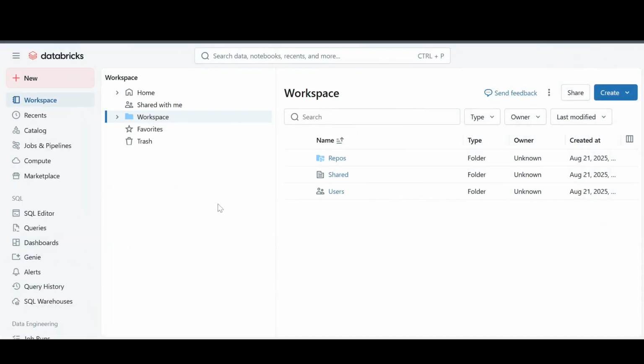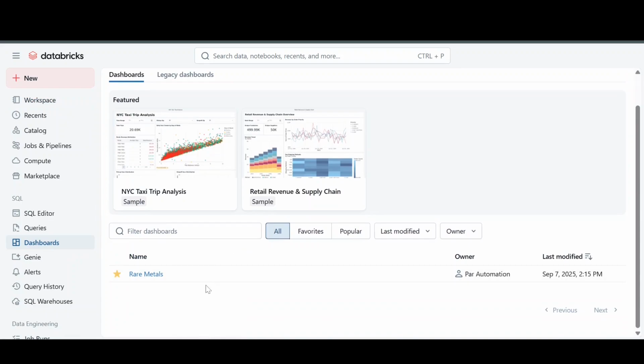Alright, as you can see right now, we are in our Databricks workspace, and we have already established a connection between Fivetran and Databricks, and let's now see what we have and what we're going to do. The first thing that we want to see is our dashboards. So on the left sidebar, we click on dashboards. We go to our dashboards, the dashboard that is rare metals,